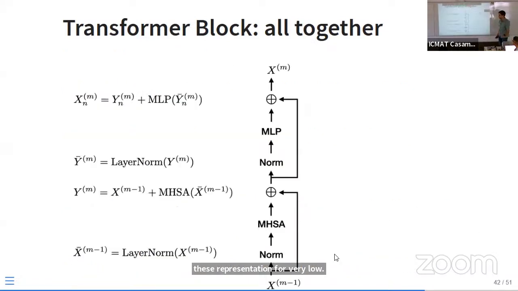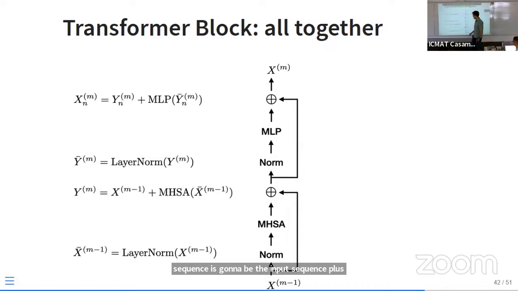Okay, so this is the transformer block. We have the input sequence, which is a matrix. First, we normalize the sequence through this mechanism, and we have the normalized version of this matrix. Then we apply the multi-head attention to this normalized version, plus we add the residual connection. So the output sequence is going to be the input sequence plus the multi-head attention applied to